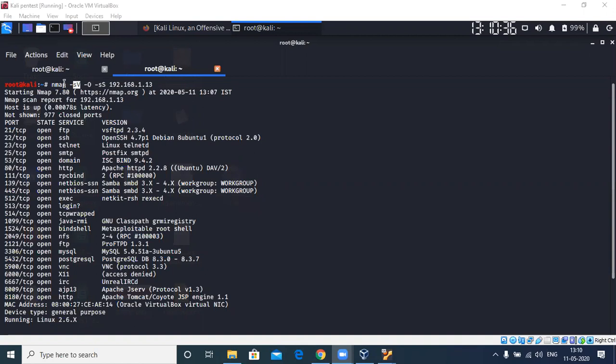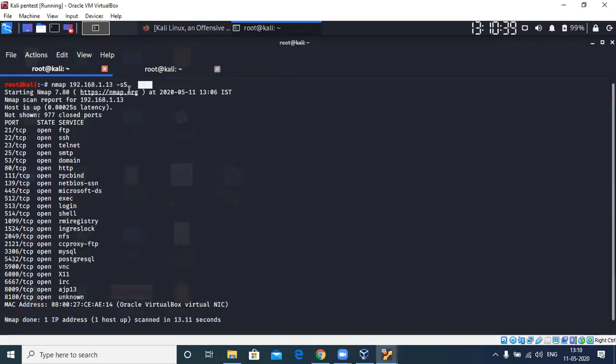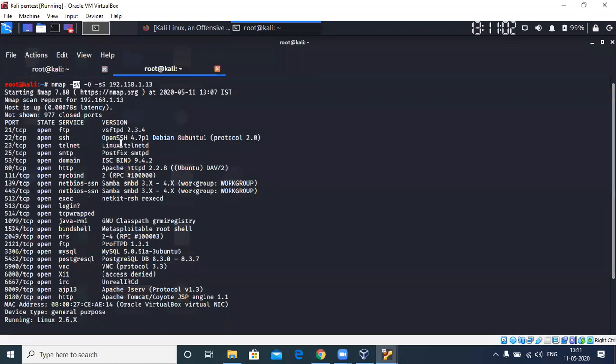The other thing is, whenever you don't run the service or version detection scan, can you observe the 8180 port over here, which is open? What do you see under the service? There is unknown, because whatever service is running on 8180, Nmap was not able to guess it, as it doesn't come under the common services. But when you run a scan with service version detection, it grabbed the banner of the Tomcat Coyote engine and told you that an HTTP service is running on 8180. Understood? So that is the difference.